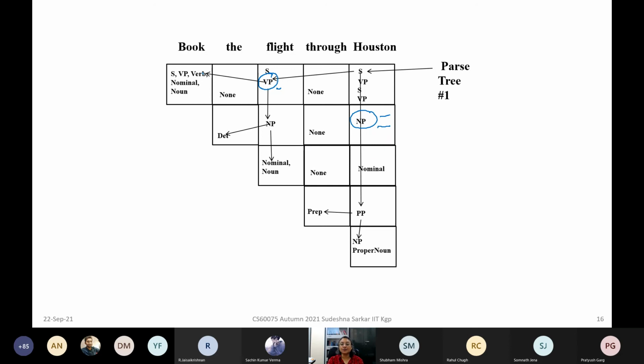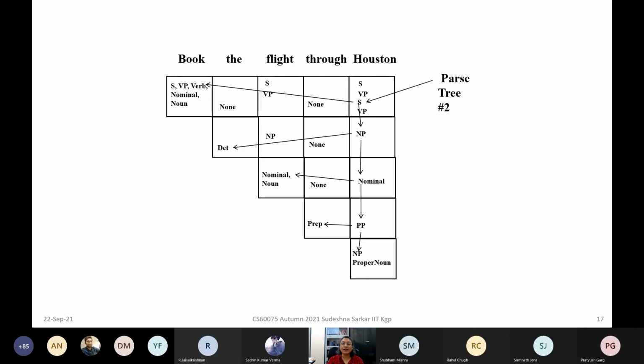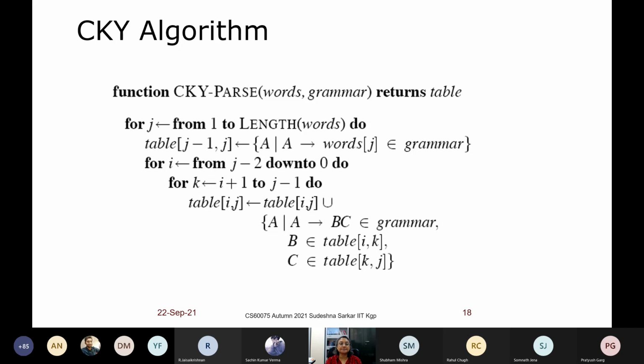Now, what we want to know, finally, if the sentence is a correct sentence, we must have an S here. And for that S, there may be one derivation or more than one derivation. For each derivation, we have the back pointers. And following the back pointers, suppose we have S goes to NP. Now this NP, again we have back pointers to find out different ways we have got this NP. And by following these back pointers, we can have the parse tree for this sentence.